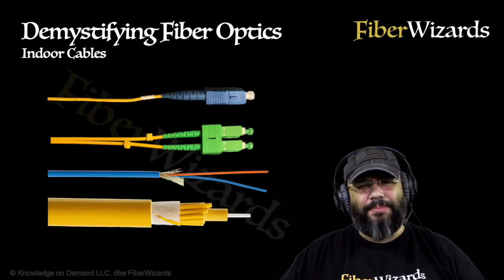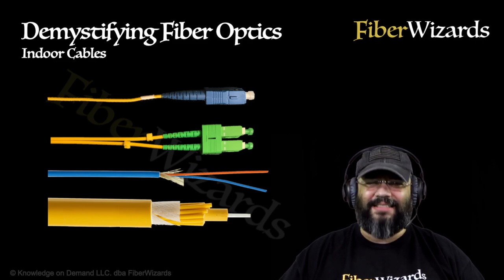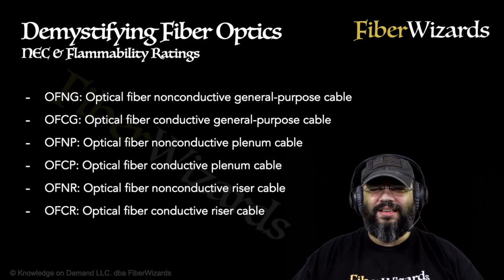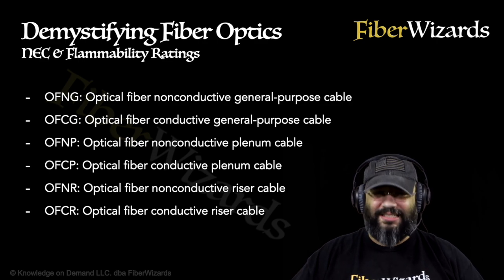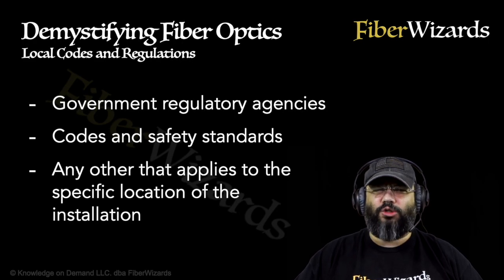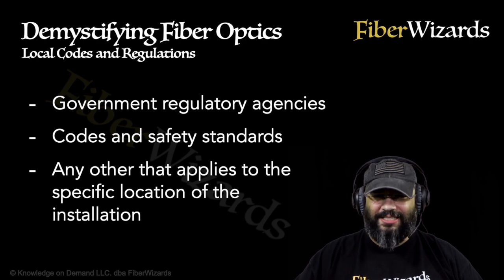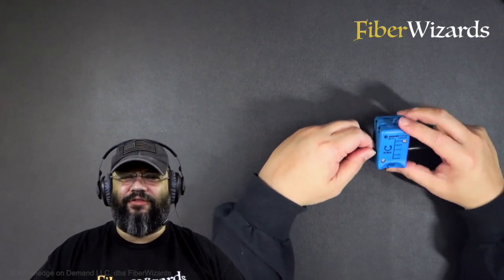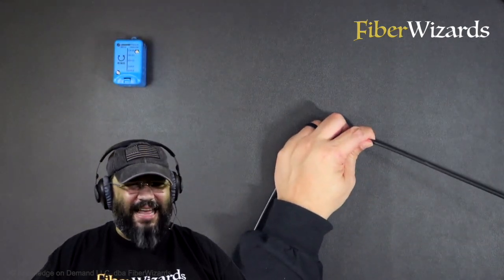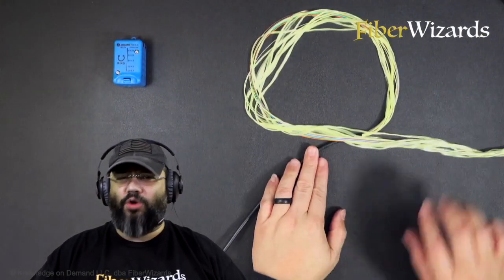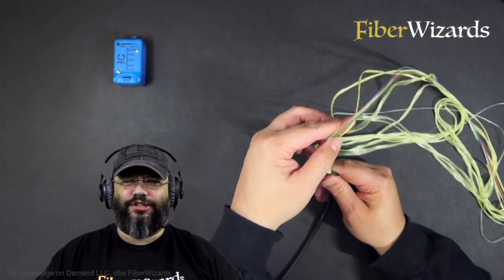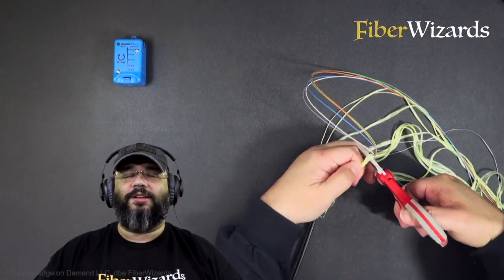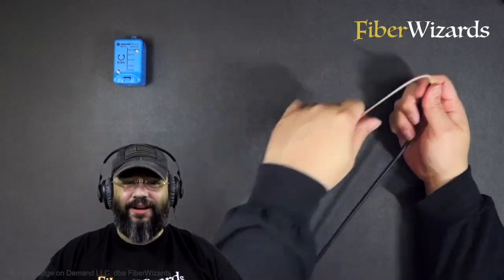There are also many types of cables that are specifically designed for inside plant or premises cabling. Using cables without the appropriate flammability rating for the installation environment will result in the propagation of fire or the release of toxic fumes in the event of fire. Please consult local regulations to ensure compliance with safety codes as well as to protect lives. Inside plant cables tend to be designed for facilitating installation of connectors and tend to be a little easier to open than most outside plant cables. Even so, it is always recommended to use specialized tools to make your work easier, safer, and to prevent accidents with the cables.